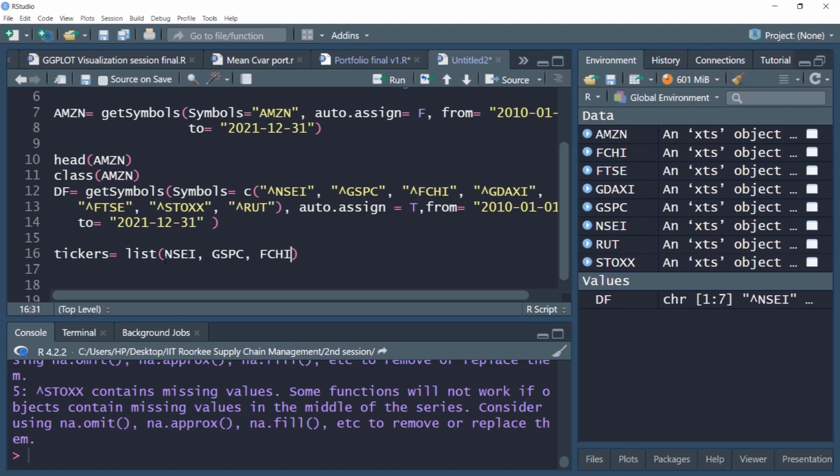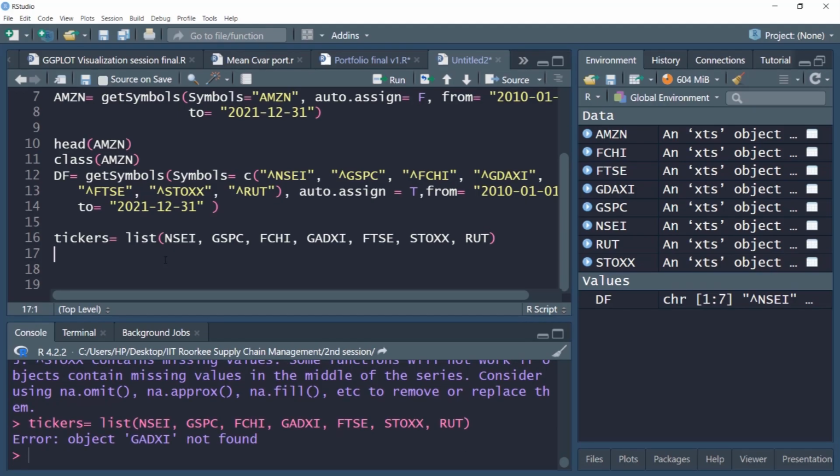I'll change them to more suitable names shortly. GDAXI, FTSE. So these are my objects. I'm using major market indices. These are generally less noisy, so portfolio construction is expected to be smooth without any issues related to thin trading and so on.